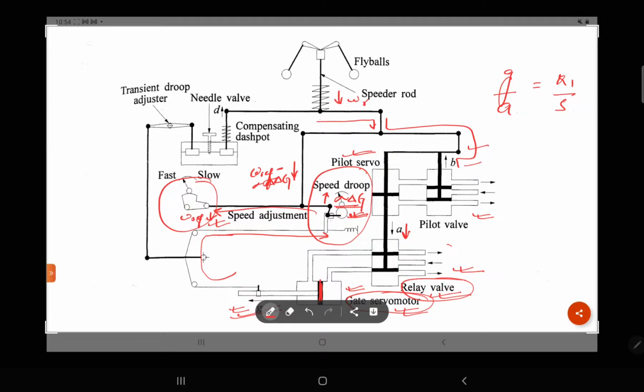Okay, and the transfer function of the pilot valve is here, and the pilot servo motor is here. So the transfer function of the pilot valve and pilot servo motor is simply K2 upon 1 plus S TP, where K2 is simply determined by the feedback lever ratio, and TP is simply what? TP is the port area of the